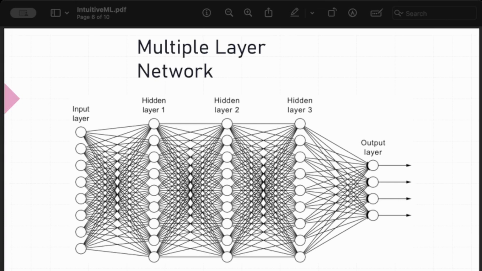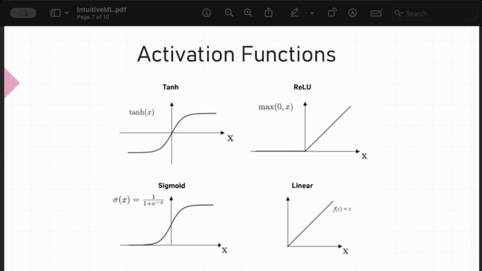We mentioned that a perceptron or a single neuron can only figure out a solution if it is linearly separable. If it's not, which many problems are not, you need a multiple layer network, such as the one here, which has 3 hidden layers. You have any number of inputs, and you can also have more than one output as well. Our perceptron example was pretty simple. Its activation was what they call a step function. It was either -1 or 1.